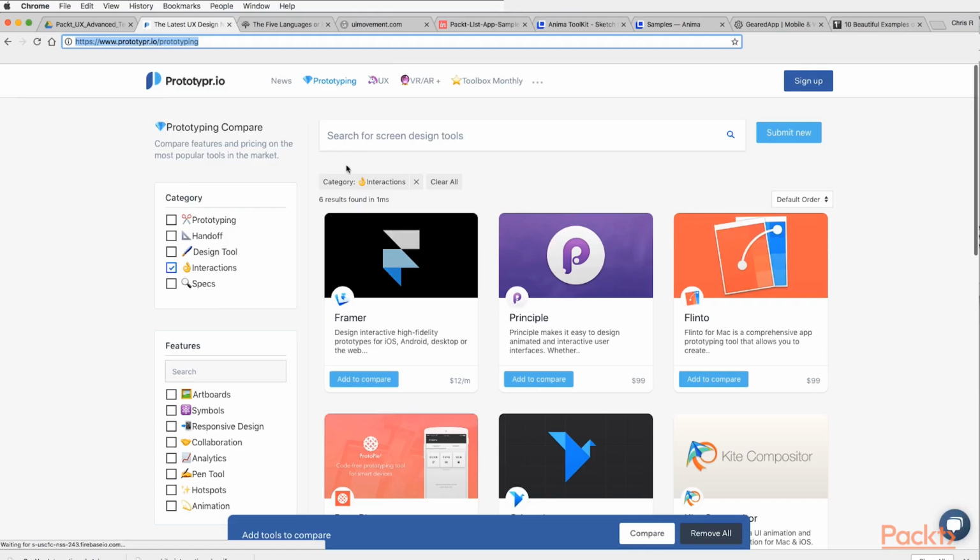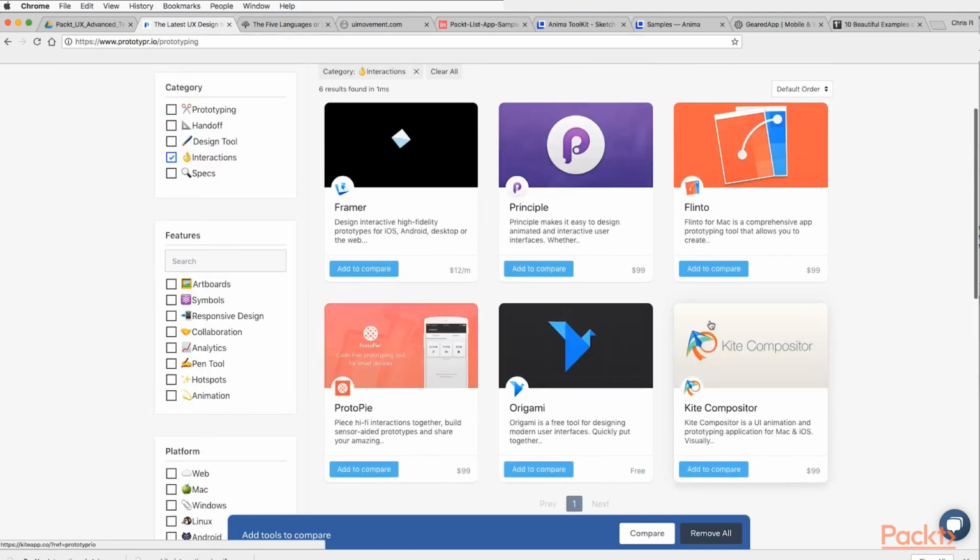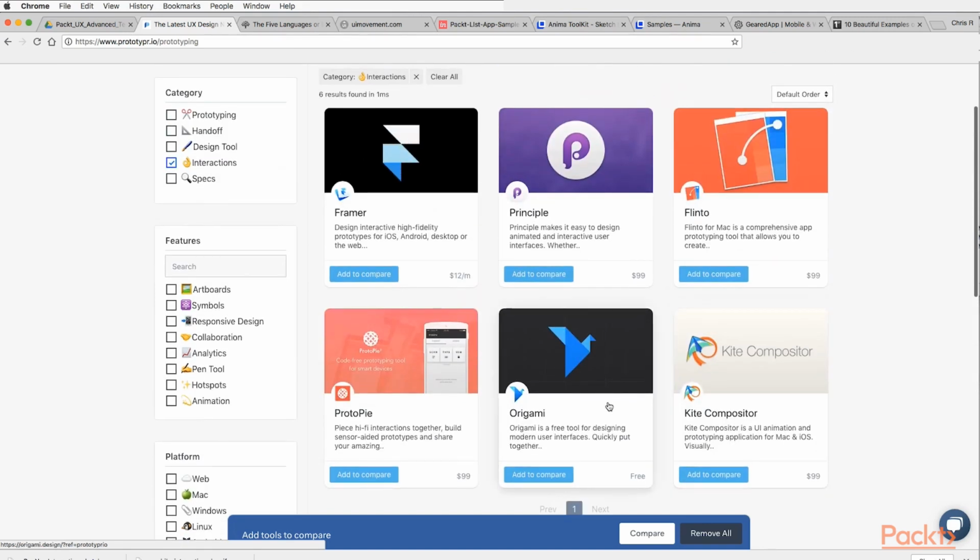prototyper.io/prototyping. So now that we come to prototyper.io, this is a way to explore a number of options that there are for building interactions into interfaces. Now, there are things that are built on frameworks like JavaScript. Framer is one of those. Principle is the one that's here. There's Flinto and Protopie. Again, lots and lots of outputs to do some of these things. Most of them are built towards more coded components in helping build prototypes to be more accurate to the